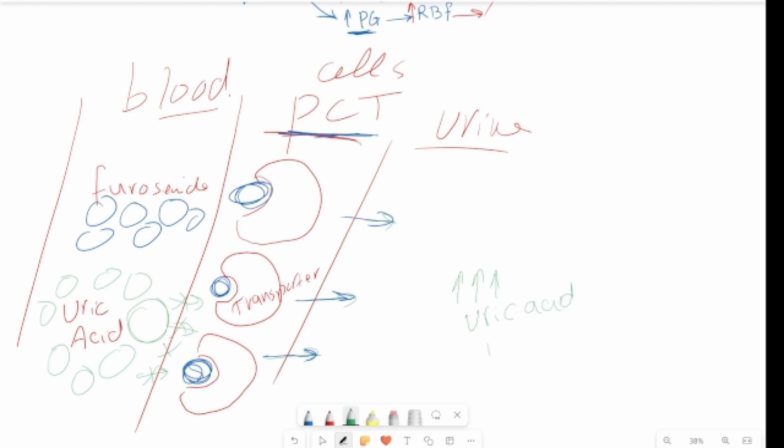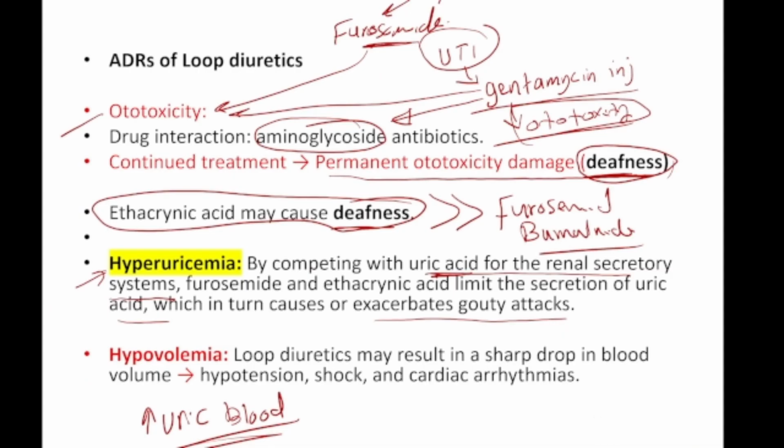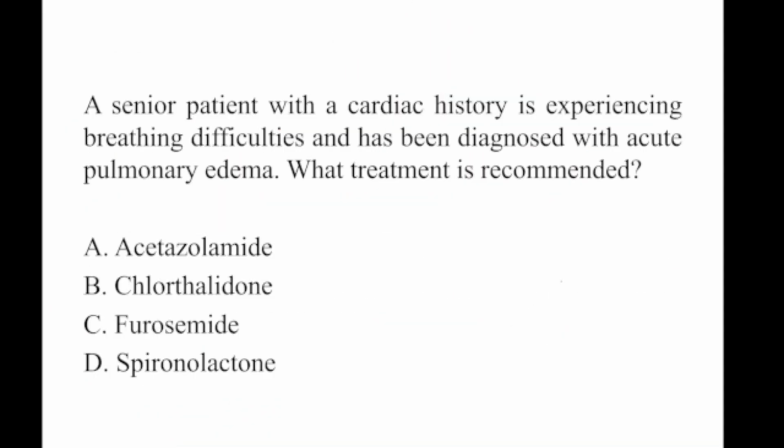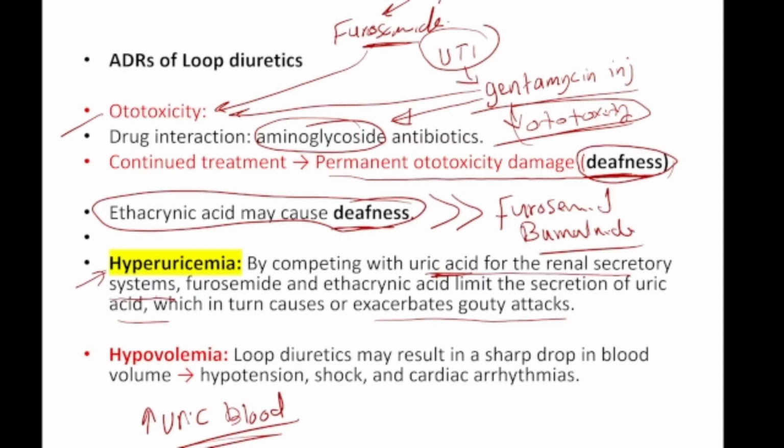Increased uric acid in the blood. The patient may suffer from hyperuricemia and risk of gouty attack. I think now that makes sense for us. Okay, so hyperuricemia and risk of gouty attack, according to the competition on the secretory system and the proximal convoluted tubule. I refer students here to the lecture of pharmacokinetics,